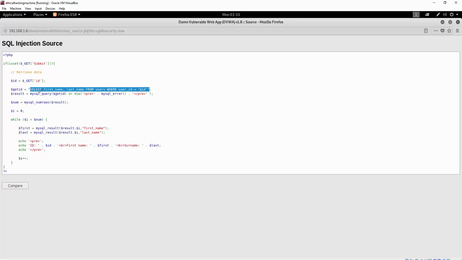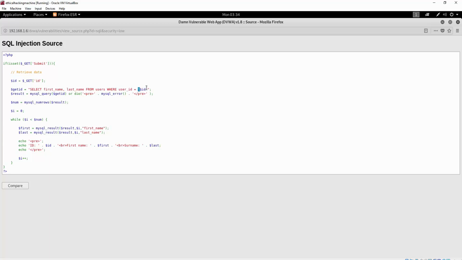As I explained in the previous video, it selects first name and last name from users where user ID equals, and then here it puts any input that we typed in the user ID form. So for example, if we type there 2, it would print out the information about the user under ID 2. And you can see that the ID